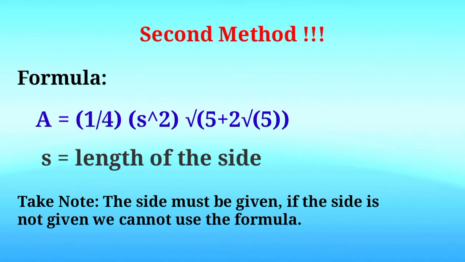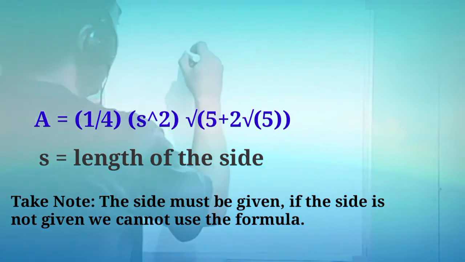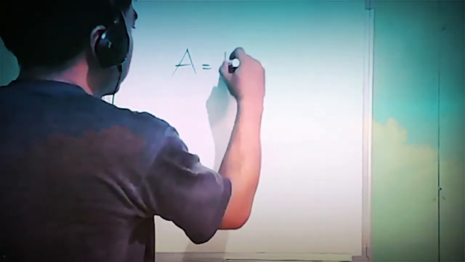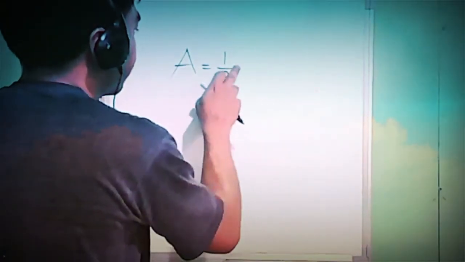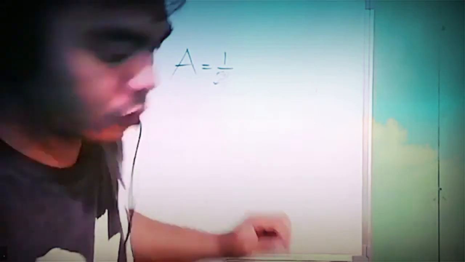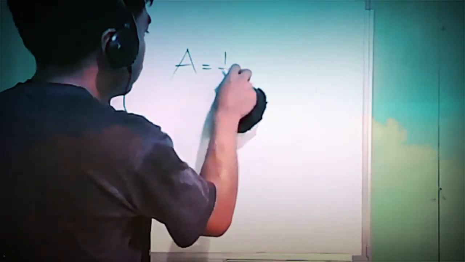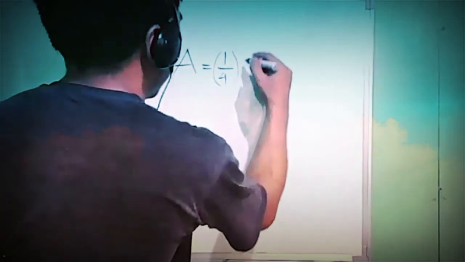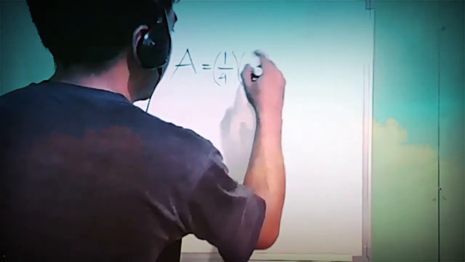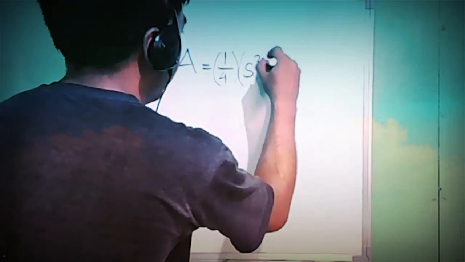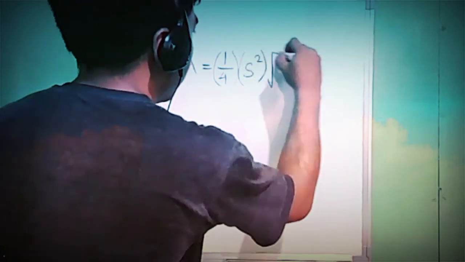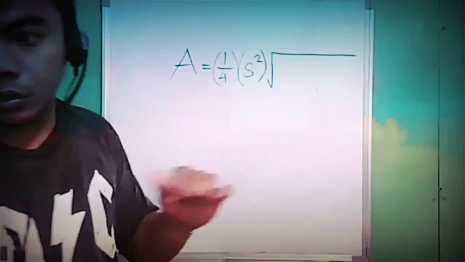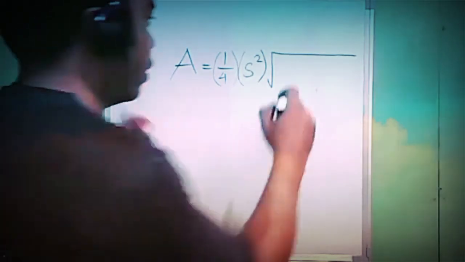If the given is not the side, we cannot use this formula. So the formula is A equals 1/4 times the side, which must be squared, and the square root of 5